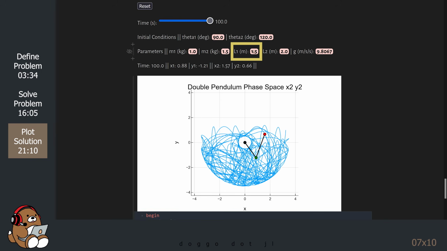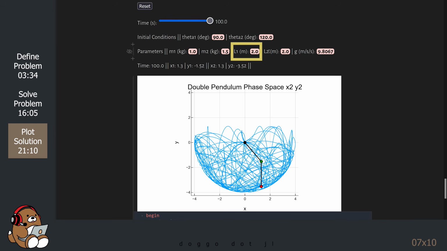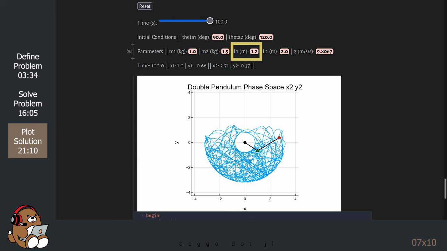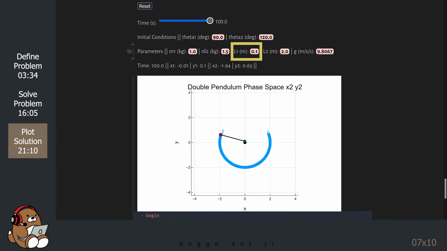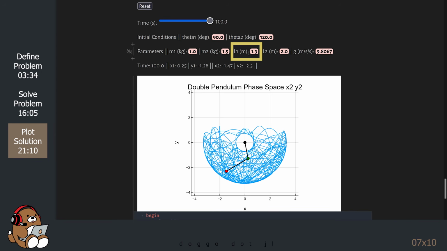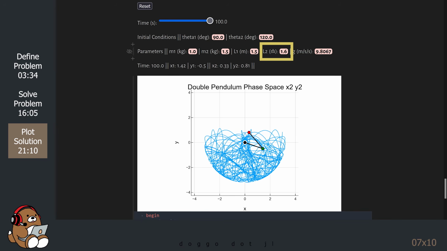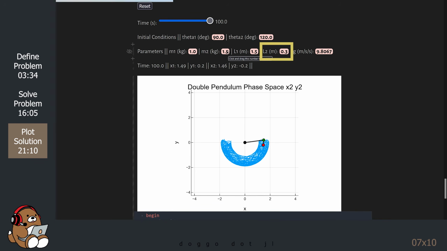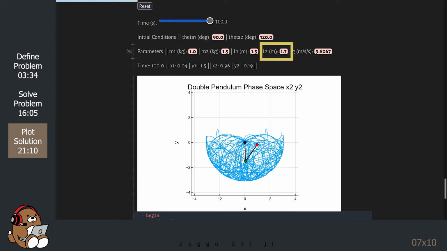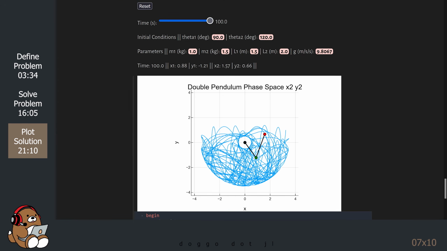Now let's try changing the lengths of the rods. So even the slightest change to any of these parameters will result in completely different trajectories.